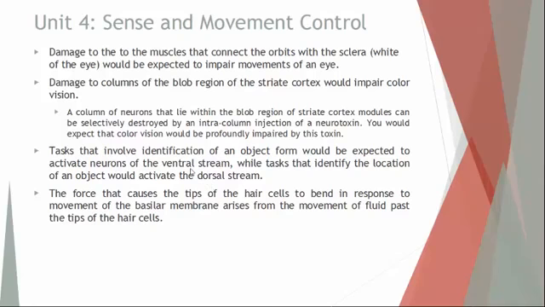So when information leaves these blobs from the front part of the structure, the ventral part, that's why it's called a ventral stream, a stream of information flowing out the front part of the structure. That would impact your ability to identify an object, especially in a three-dimensional form. Is what I'm looking at a picture of a glass of water, or is it a real three-dimensional glass of water? So that's what the ventral stream affects, your ability to distinguish the form of an object. Is it real or is it not? Is it three-dimensional or is it just two-dimensional?